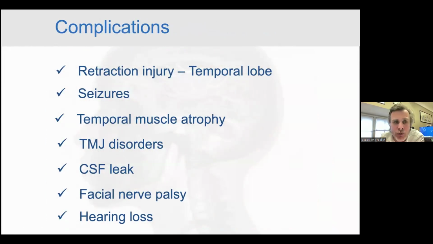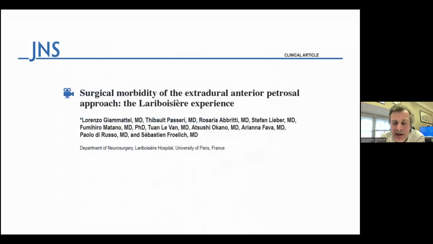There are issues with this approach. There are complications. Temporal lobe is first. You can have seizure, you can have temporalis muscle atrophy, TMJ disorder, CSF leakage, facial nerve palsy, hearing loss. How do I close? I close with just putting fat. If there are big air cells, I try to put bone wax before, but I close with a big